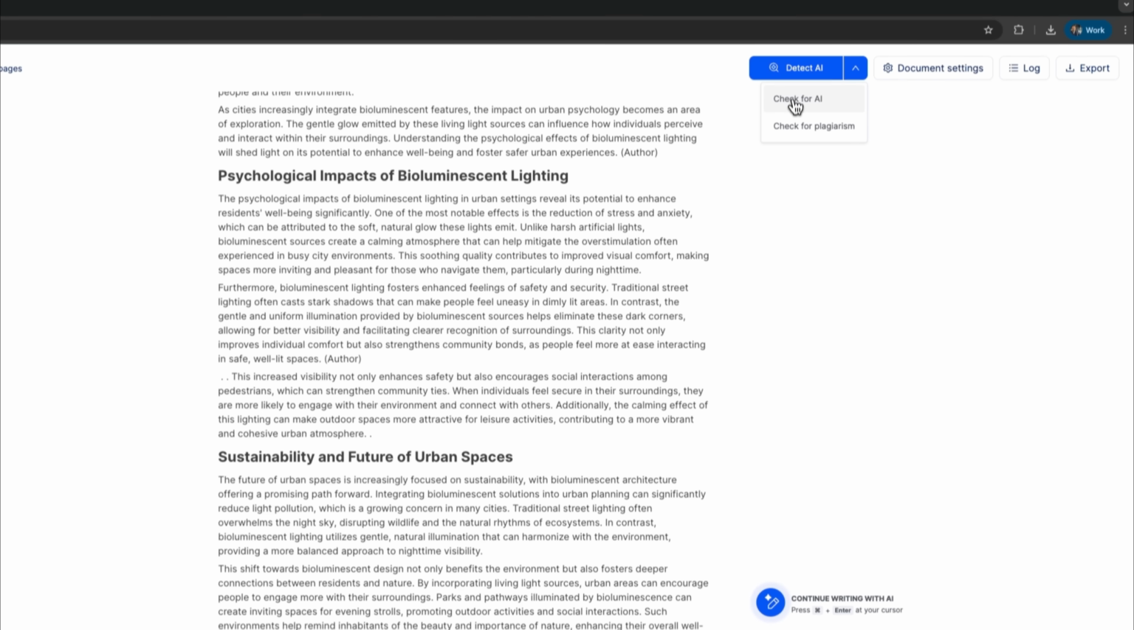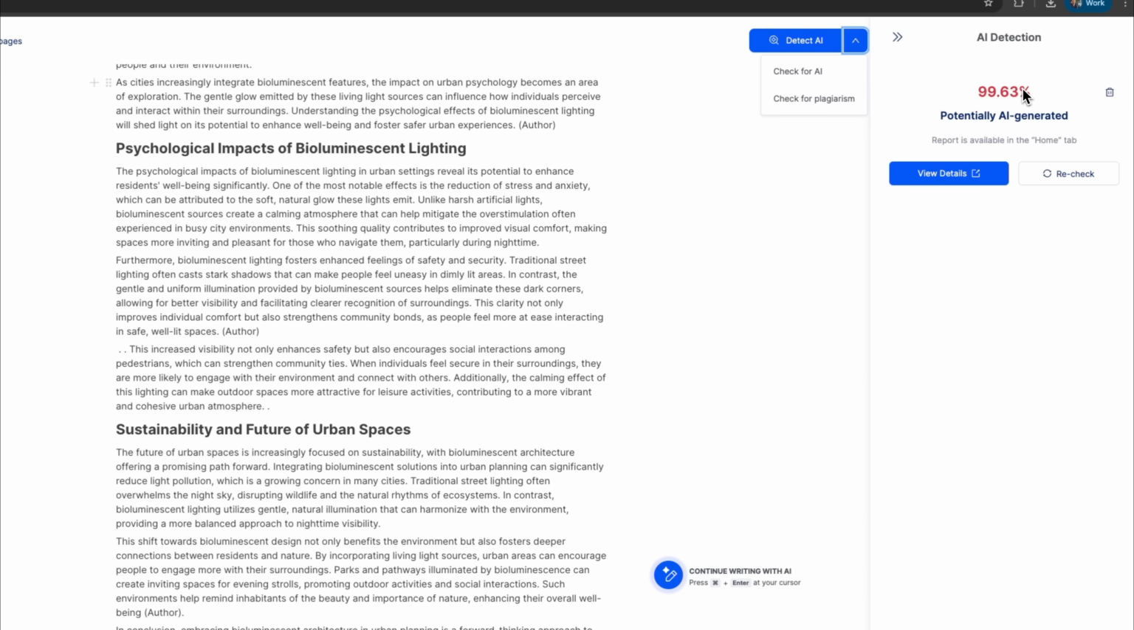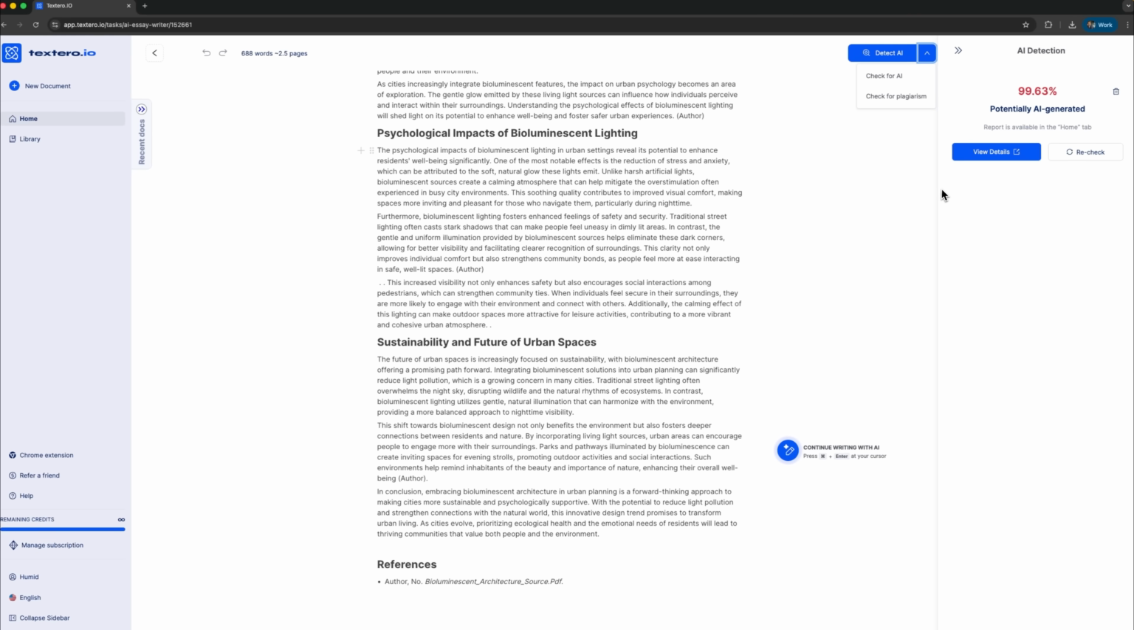Next, let's move to Detect AI. I run the check, and the system comes back with over 99% AI content. That is completely expected for a first draft. The tool built the foundation, and now it is your turn. Use that report as your editing checklist. Paraphrase key points, add your own arguments, and bring in observations only you can provide. Remember, guys, Textero is not a shortcut. It is a smart assistant, and only after your own editing will the text have real value and hold up